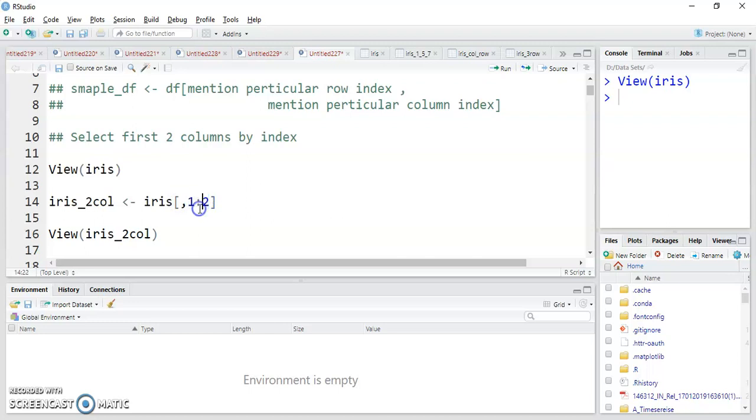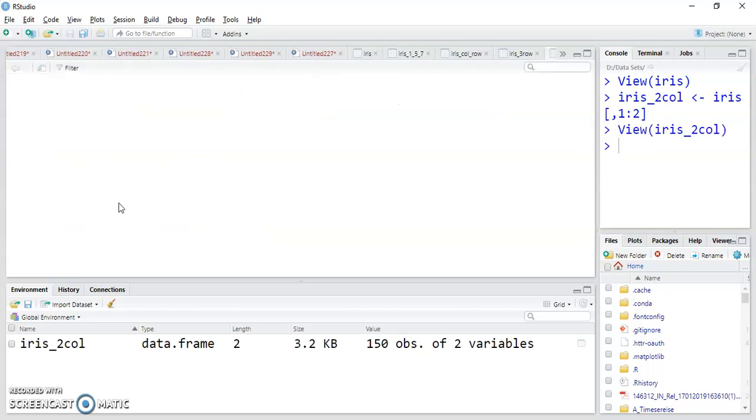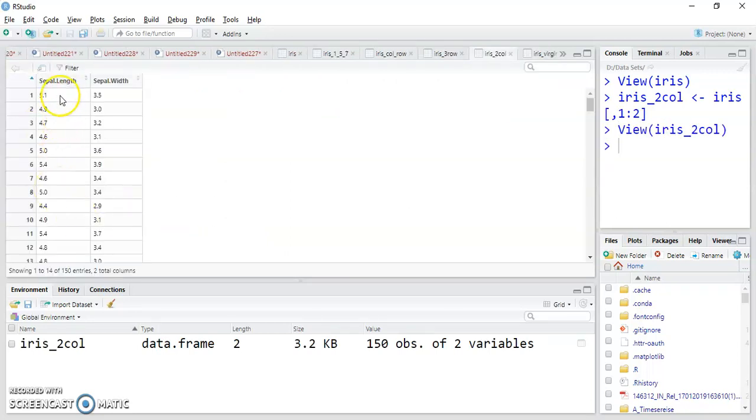That's why I write 1 colon 2, and the whole thing is saved in the name iris_2col object. Just see the view of that new data frame. You can observe only 2 columns are here, and these are sepal length and sepal width.